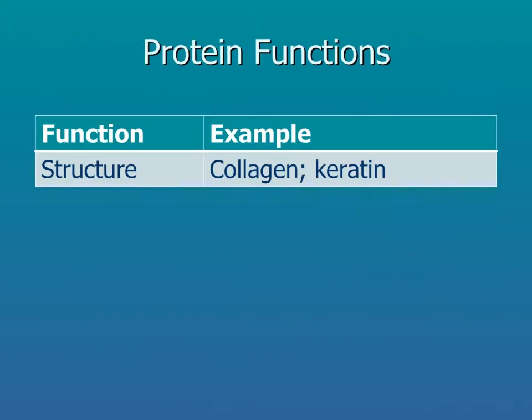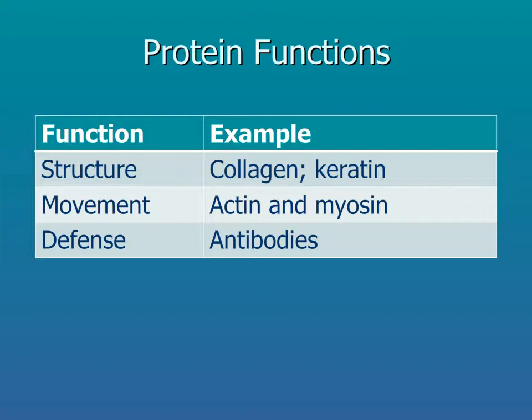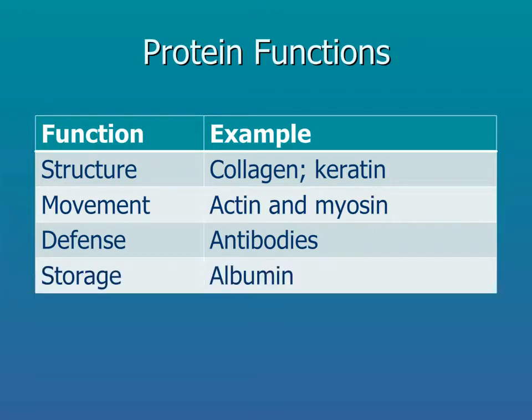Proteins serve many functions in living organisms. Structural proteins help organize and shape cells, as well as their extracellular environments. Proteins can act like microscopic motors, moving components around in a cell. The proteins actin and myosin work in concert to contract the muscles in your body. Proteins form an important part of the immune system: antibodies, which tag foreign invaders for destruction by white blood cells. Storage proteins are used by developing organisms. The white part of an egg contains a protein called albumin, which is used by the growing chick.